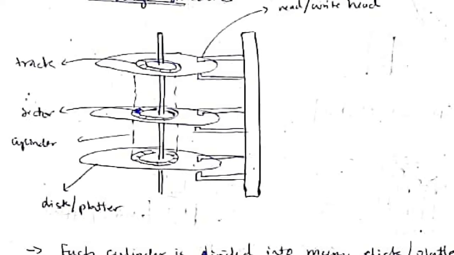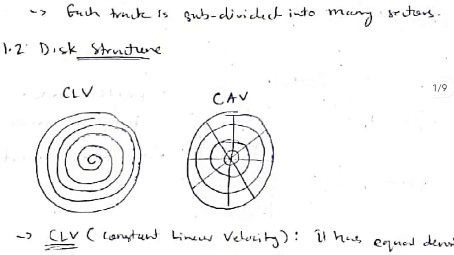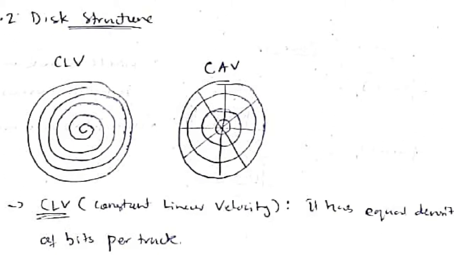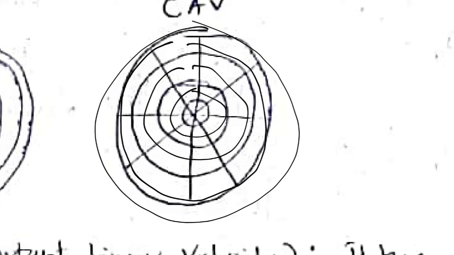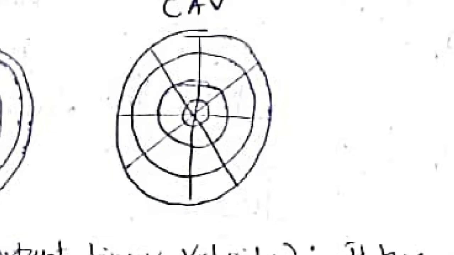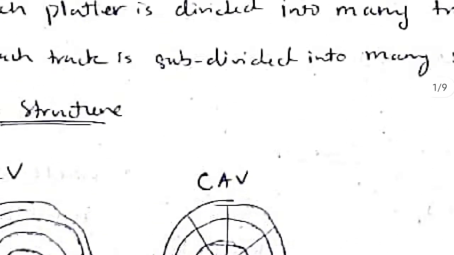And the next one is track. Track means each CD will be in this form, and see here this one CD from the cylinder, and from here we will have the tracks. This is one track, and this is second track, and this is third track. So in this image we have three tracks. Okay, and each track is divided into many sectors. This one track here, so here this one sector, this another one, and so on. These are all sectors, and this is the smallest part of the CD, which is a sector. Okay, so this is about the structure.